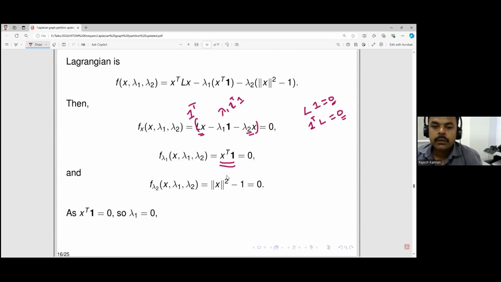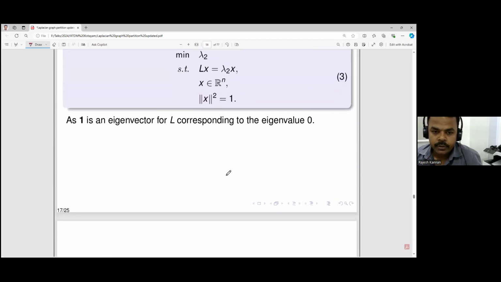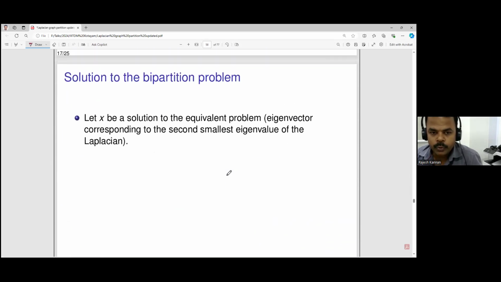Now the heuristic, or the solution to the proposed problem. I'm saying this is the heuristic, because this is not a solution. This is not an algorithm that will always give a solution. So if we take x to be the solution vector of the equivalent problem, that is the eigenvector corresponding to the second smallest eigenvalue, then